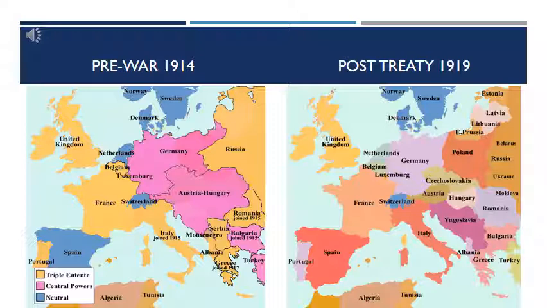Poland received most of the land lost by Germany, which came from West Prussia, about 18,000 square miles. Outside of Europe, Germany lost all of her overseas colonies to France, Britain, Japan, Belgium, and Australia, to name a few. Their trades with Egypt, Morocco, and China were lost as well.